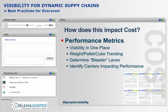So then we'll also take a look at the bleeder lanes, and I think Melissa actually touched on those bleeders as well earlier in the discussion, but this is really important to us from a visibility standpoint and a correction and ultimately cost. So we internally have created a report that allows us to take a look at the lanes in which the primary carrier actually didn't accept it, and then what the cost impact was to ultimately have a different provider service that lane. And then we can take a look at that, and we actually do by priority where the greatest opportunity is. So what the cost impact, how many times did it move with the primary carrier,